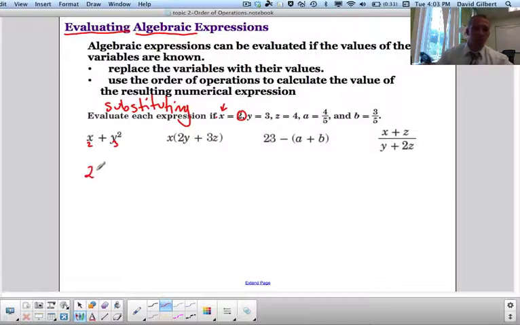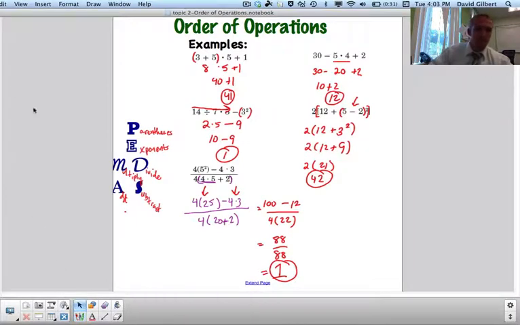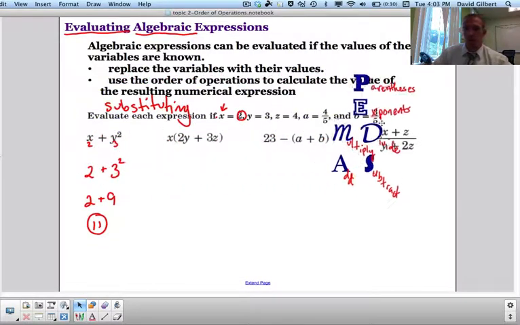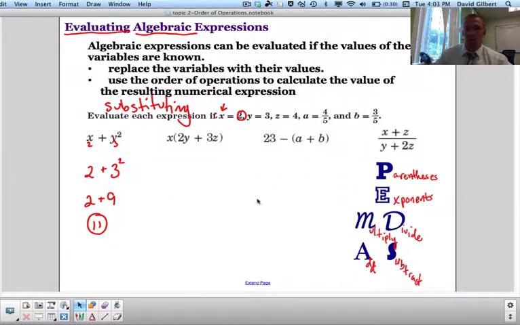Alright, you're substituting in whatever the value is for the variable. So instead of x, I'm going to substitute in a 2. Instead of y, I substitute in a 3. Notice when I substitute it in, the variable is no longer there. So now, order of operations says I do parentheses or exponents before adding. So I have 2 plus 9, and 2 plus 9 is 11. Alright, so we'll just put this over here to remind us. So now we've got